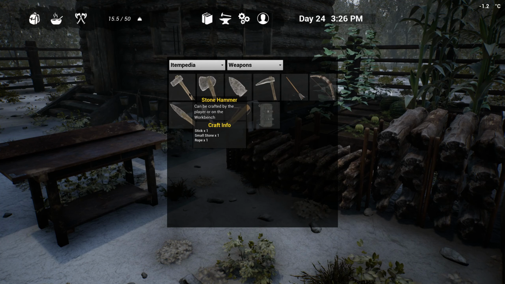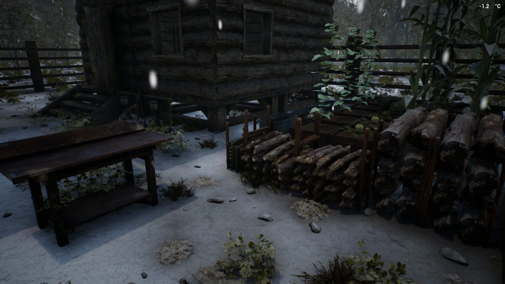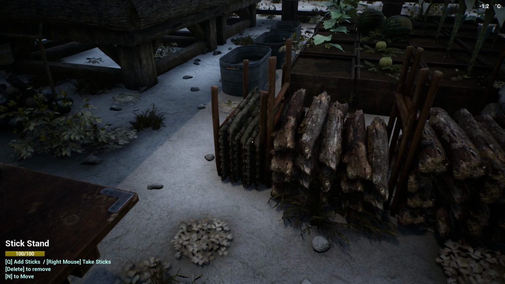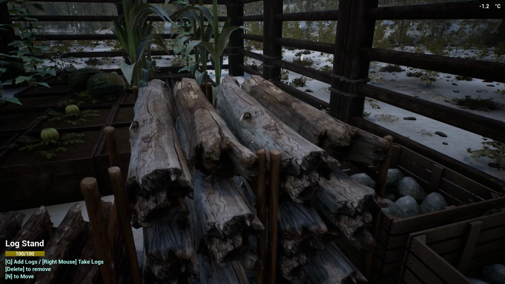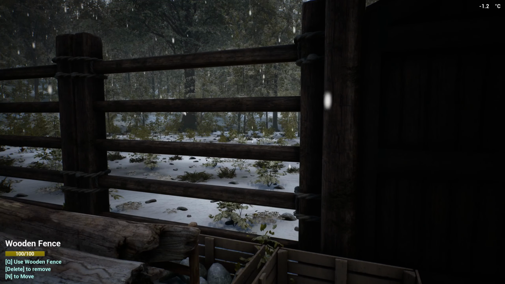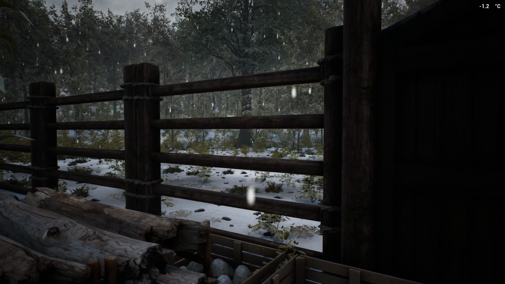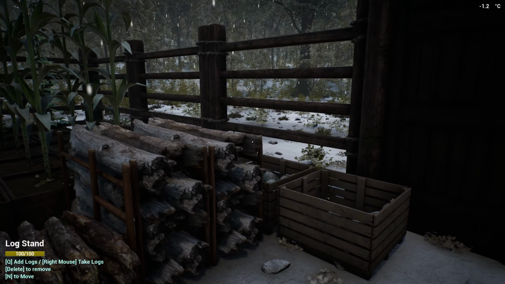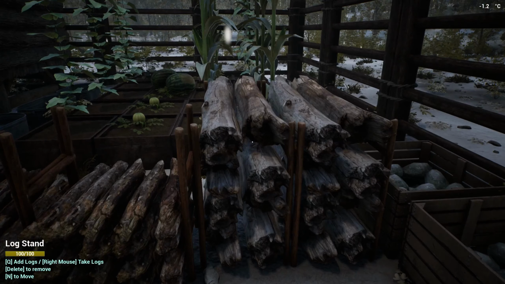And the stone axe requires 1 stick and 1 small stone. So you can gather the sticks, and you can gather the firewood that you'll need by collecting logs. And you can get logs by cutting down trees. The little thin trees will give you 3 logs, and the bigger, thicker trees will give you, I think, 5 or 6. So you just gather those logs, put them all in here in your area,